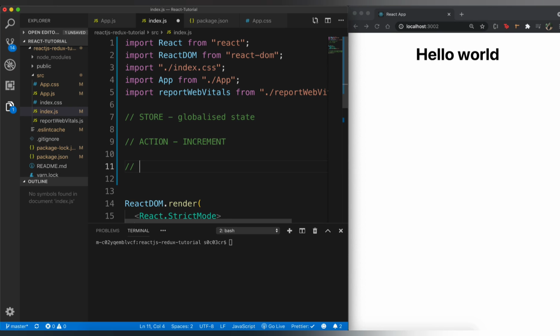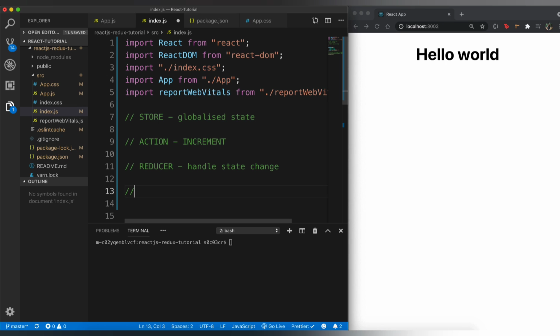The next thing we have is a reducer. The reducer is actually responsible for taking care of the action. So inside of my action, I'm only going to say I want to perform the action increment. But inside of the reducer, I'll actually handle increment. That is, the state will actually go from 0 to 1, 1 to 2, and so on. Based on the current value, I'm going to increment, right? So the real action actually takes place inside of the reducer. The action simply tells the name of the action that we want to perform, right? So the reducer is actually going to handle the state change.